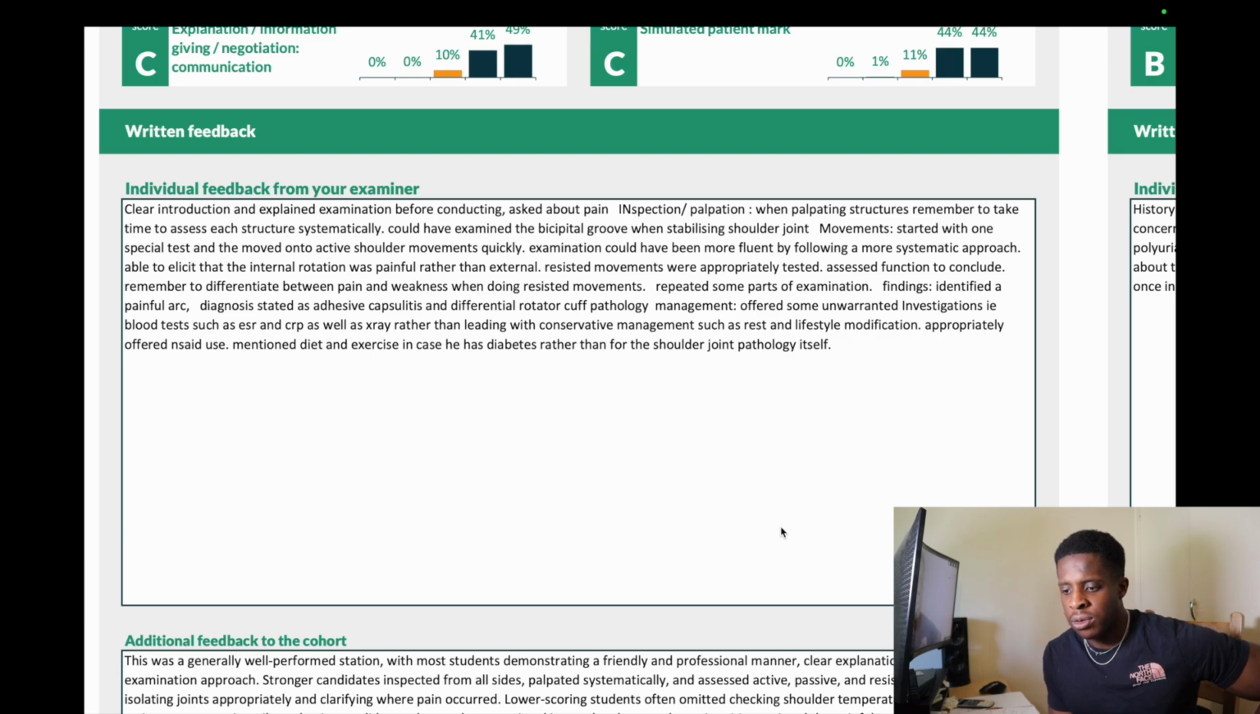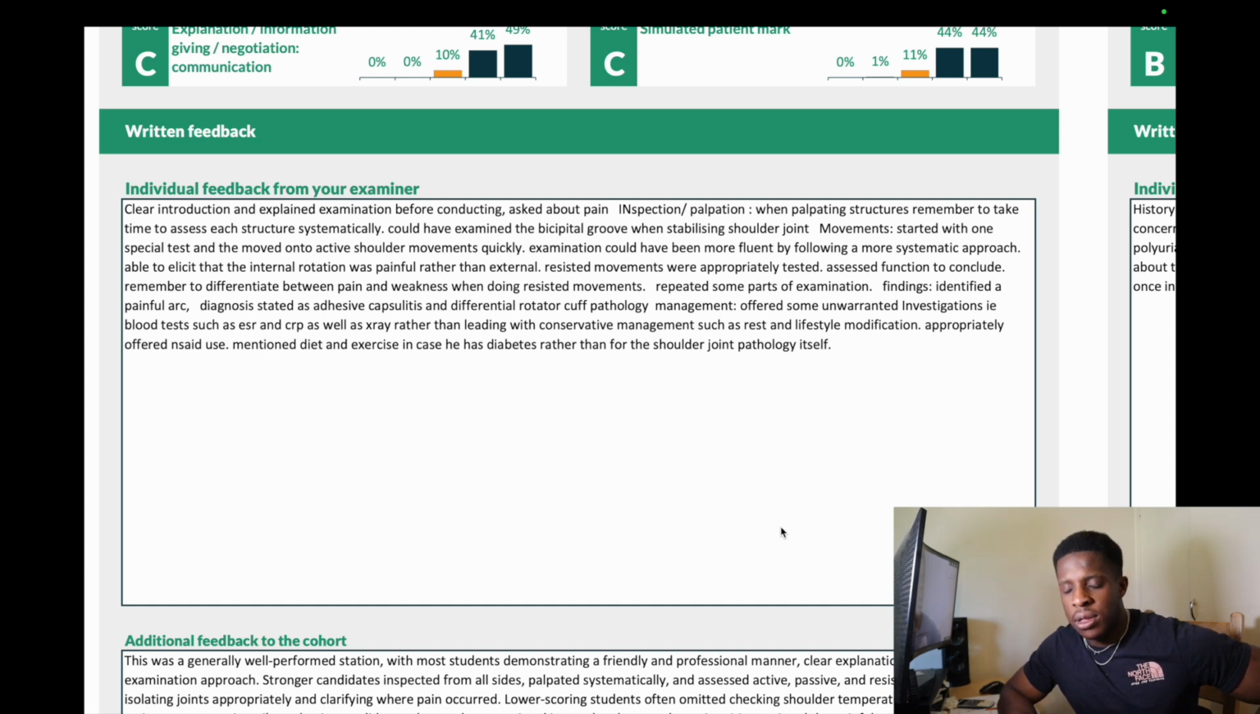Able to elicit that the internal rotation was painful rather than external. Resisted movements were appropriately tested. Assessed function to conclude. Remember to differentiate between pain and weakness when doing resisted movements. Repeated some parts of the examination. Yeah, so I did some parts of the examination again,